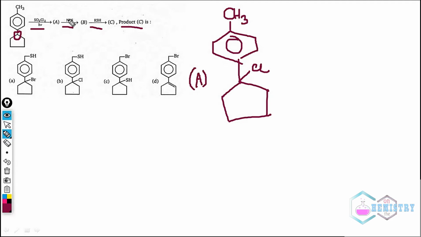Now NBS. What does NBS do? NBS is basically nothing but an allylic bromination or benzylic brominating reagent. That means N-bromosuccinimide prefers to brominate the hydrogen in allylic or benzylic position. Now, this carbon is benzylic, so NBS will attack this carbon and replace one hydrogen from this carbon, and the product, that is product B, will be this CH2 here